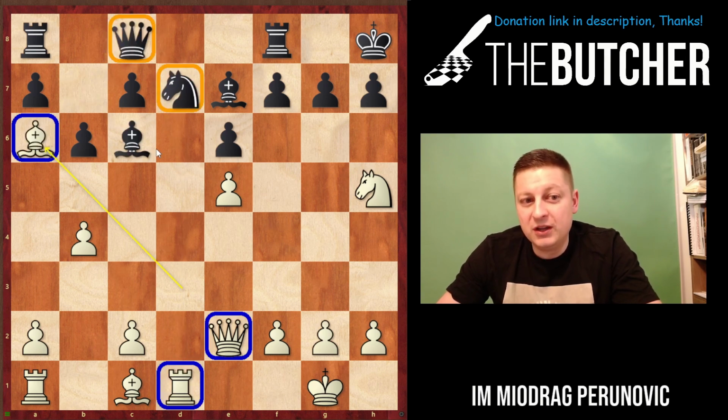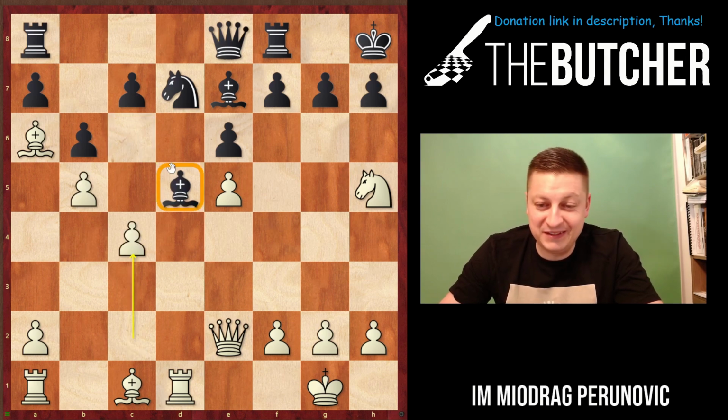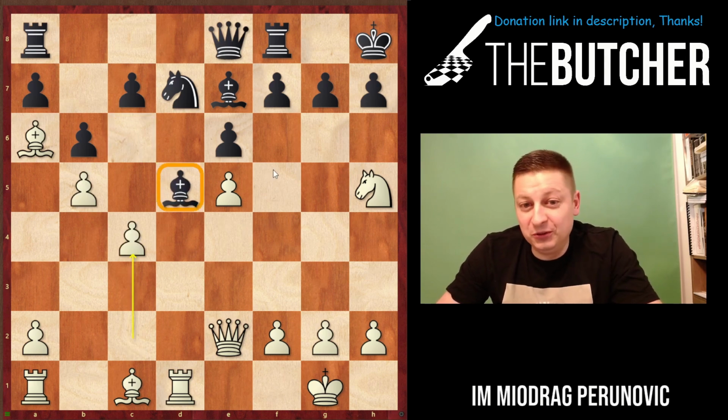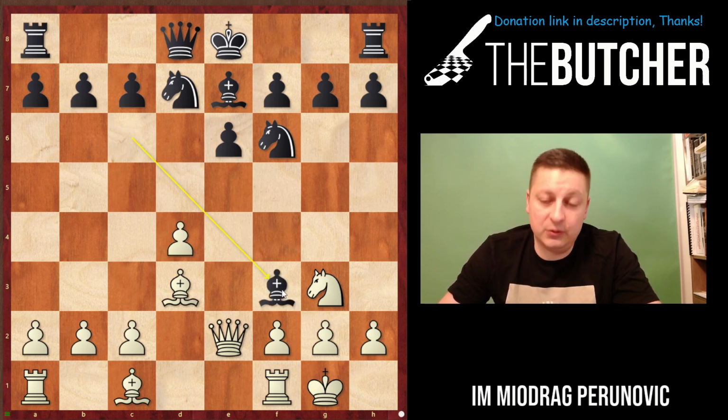But if they go bishop a6, queen e8, you go b5, and boom, you trap a piece. So just like you see in all these positions, in all these variations, if we jump on e5, we did like 90% of the job. That's why they have to take, once we play queen e2 and threaten knight e5, they gotta go with bishop